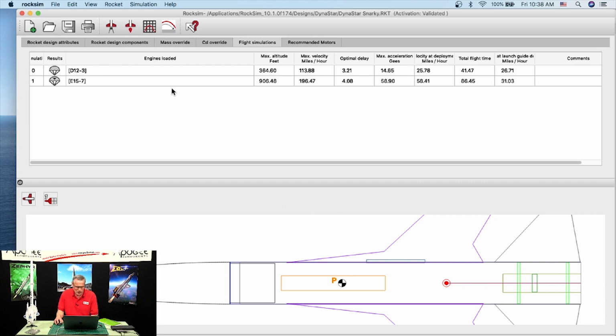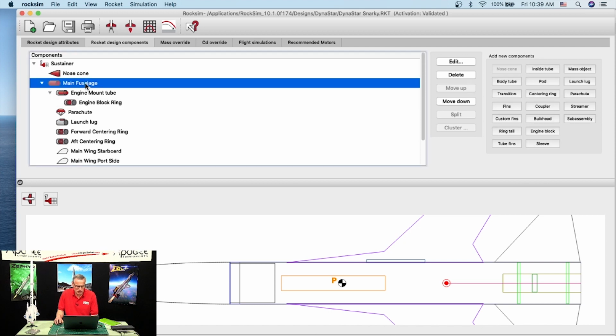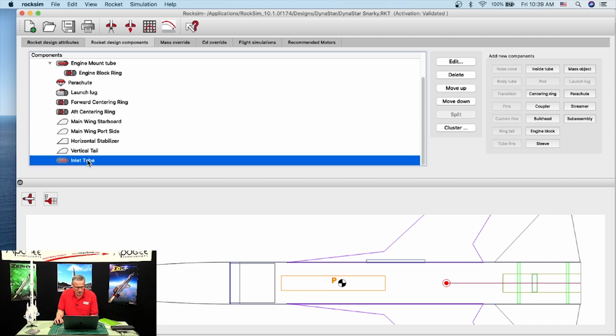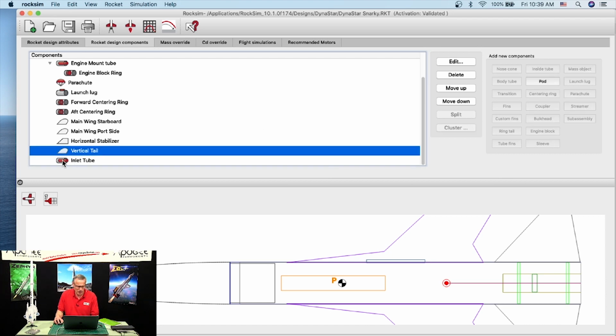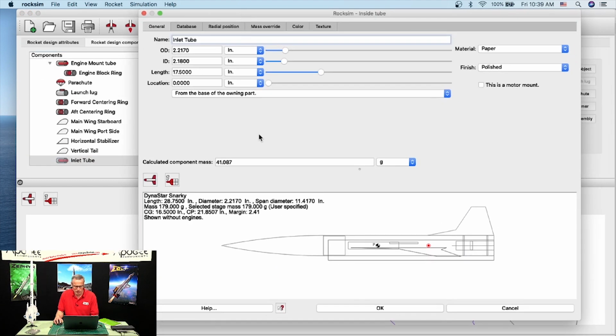So now let's go to the components. Okay, so we have the main fuselage, and then we have an inlet tube right here. Now, this inlet tube, I can tell from the components tree that it's not a tube fin. It's actually an inside tube, just because of the icon right here. That's an inside tube icon. And if I look at this inlet tube, if I come to the screen here and look at it from the rear view,